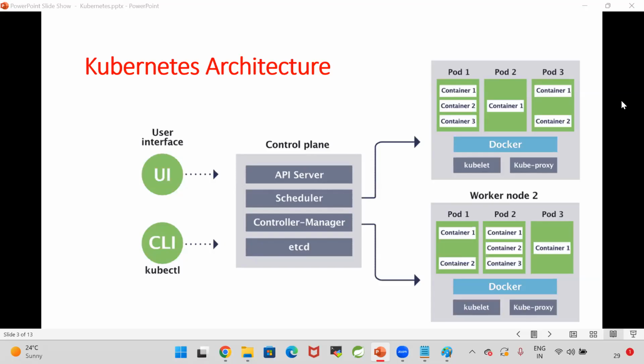In Docker Compose also we have a scale option, and in Swarm also we have a scale option. What is the difference between the two? In Docker, whether Docker Compose scale or Docker Swarm scale, they are manual scaling. Whereas in Kubernetes, it is auto scaling. If the load is increasing, it will scale up. If the load is decreasing, it will scale down.